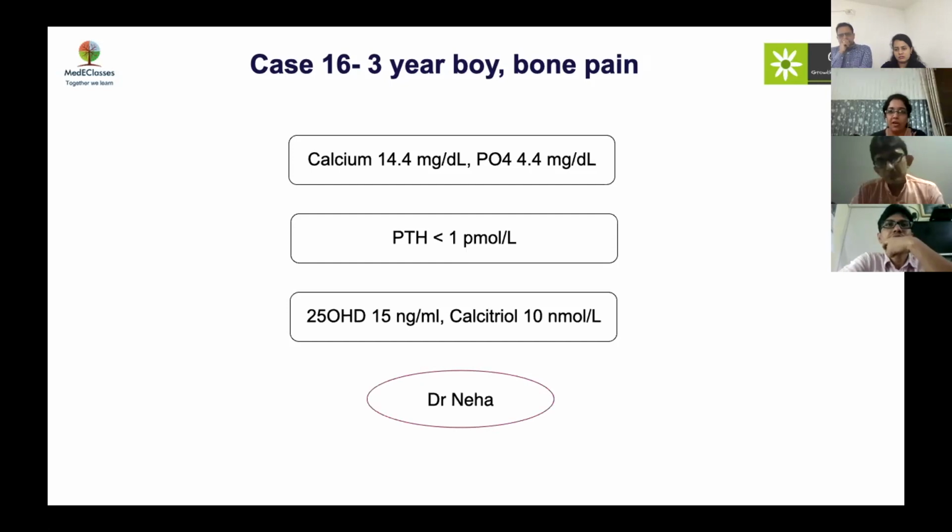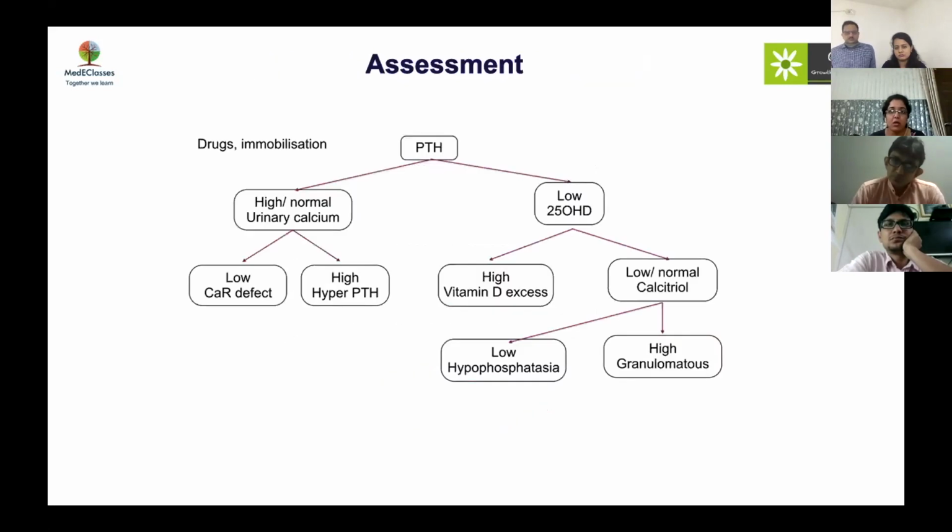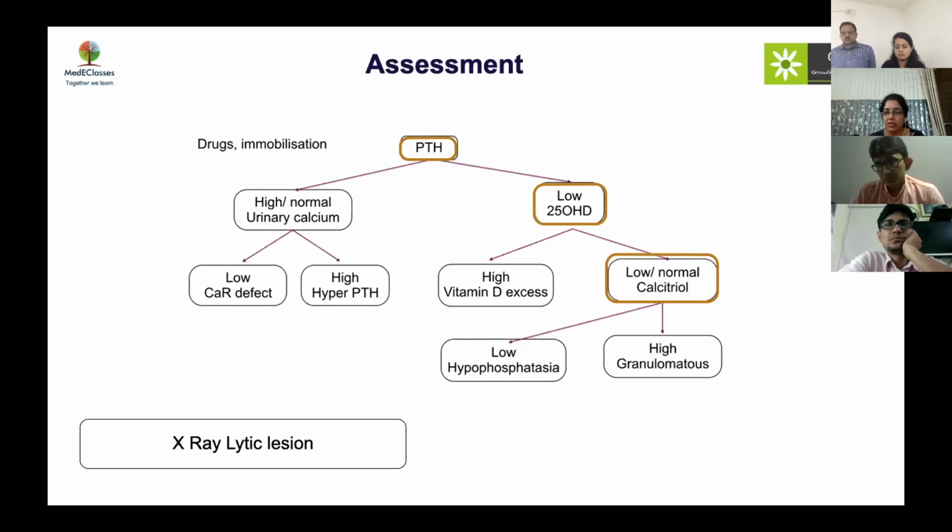So if we go by our physiology, the two main hormones regulating the level of calcium in blood are vitamin D and PTH. As we see from the evaluation, PTH is undetectable and vitamin D as well as the activated form of vitamin D, calcitriol, is also normal. So the most important element that will give us the clue would be phosphorus in this case. Assuming the phosphorus level to be low or high, the case points towards some extra parathyroid secretion.